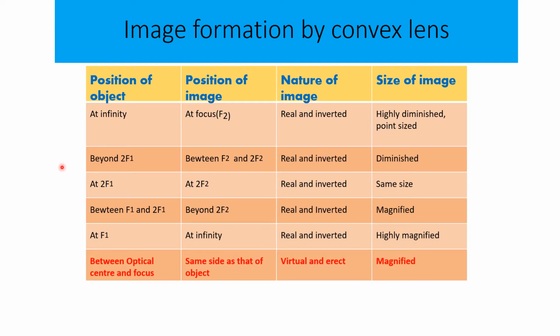Okay, so six different positions of the object have to be seen, and for each position there is one respective position for the image as well. For that position, what is the nature and the size of the image, we have to see that also. Let us see one by one, but you should try and remember these cases in the sequence that I have discussed, so that it is very easy to remember. Why is it easy to remember? Because my sequence says that first the object was at infinity, then beyond 2f, then 2f, then between f and 2f, then focus, and then further close. So what we're doing is moving the object towards the lens. That is one of the tricks to remember.